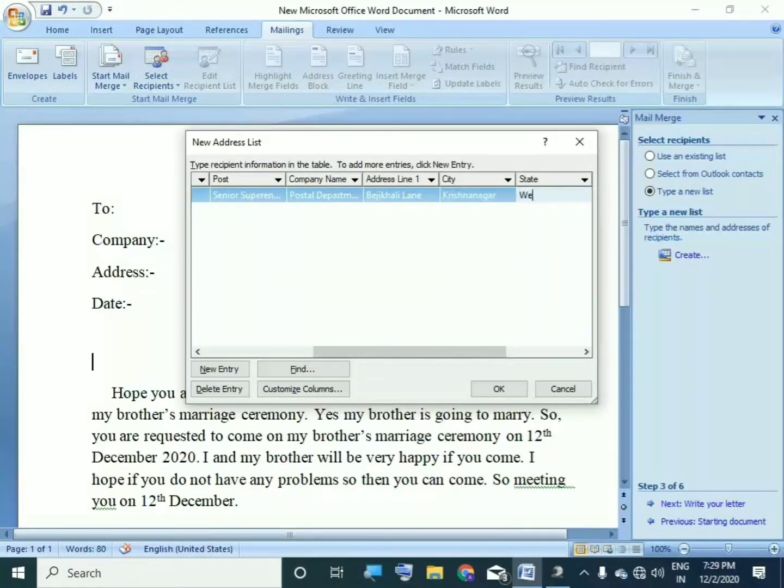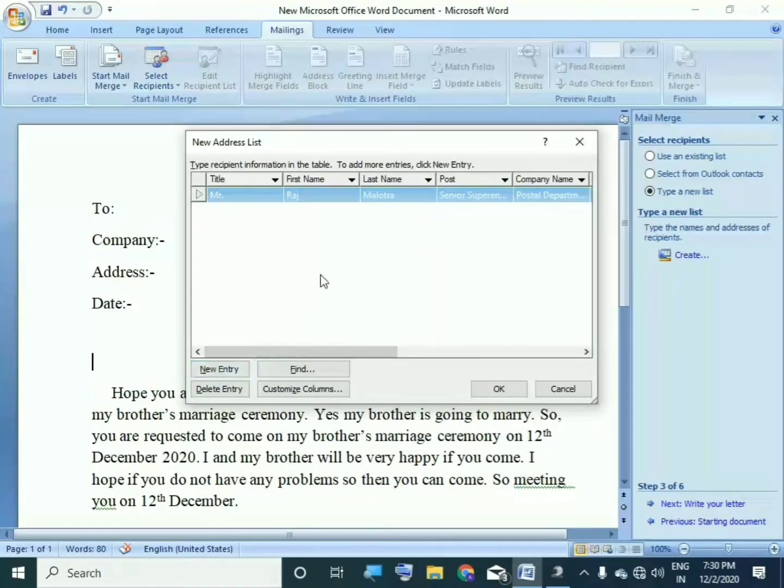Now state is West Bengal. Then country or region, India. Email ID, suppose email ID is, his name is Raj, so we will give accordingly, rajmalhotra123@gmail.com.